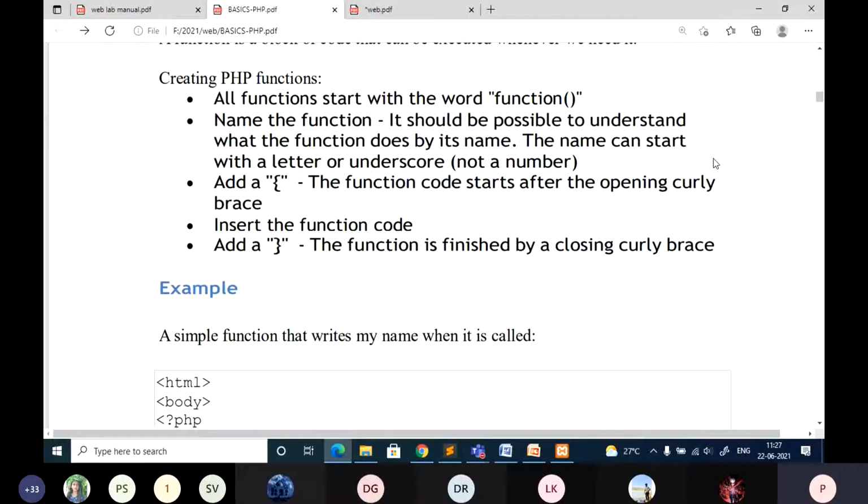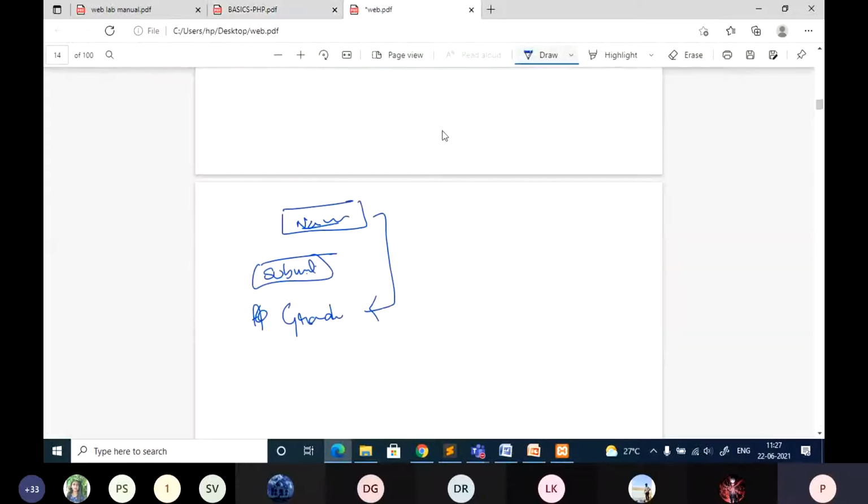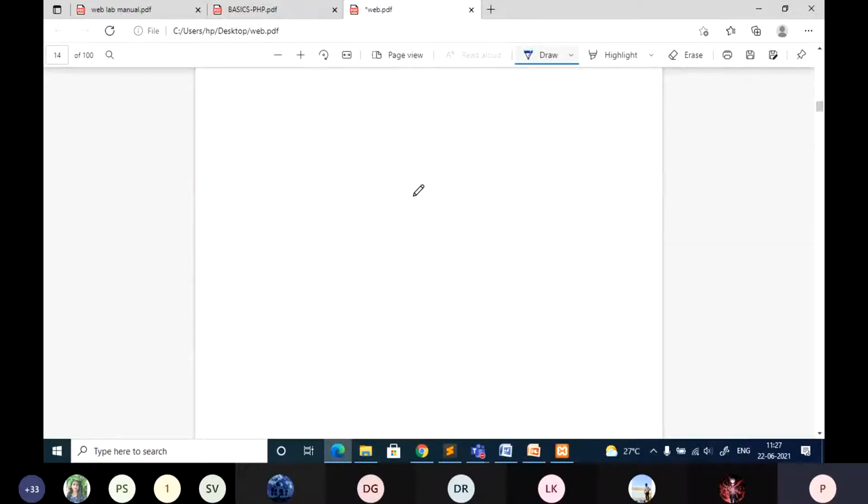That is important here. We have a keyword called function. A function always starts with the keyword function, followed by the name of the function. You can give a proper name. Then followed by the curly braces, so that's so simple. If you already know what a function is, that's easy.